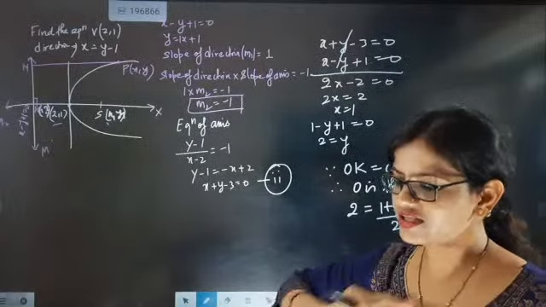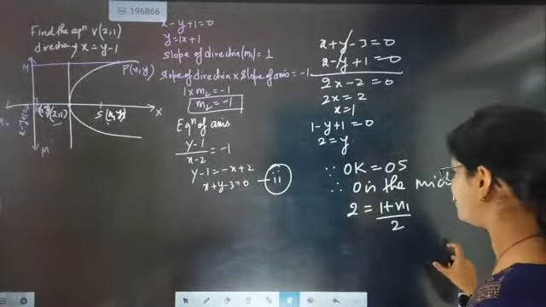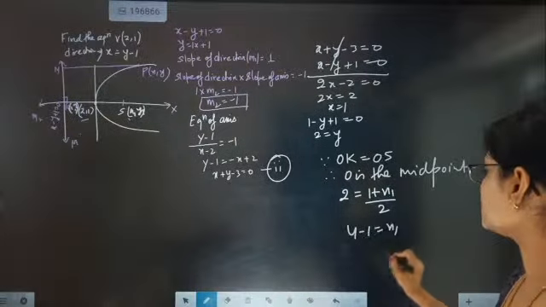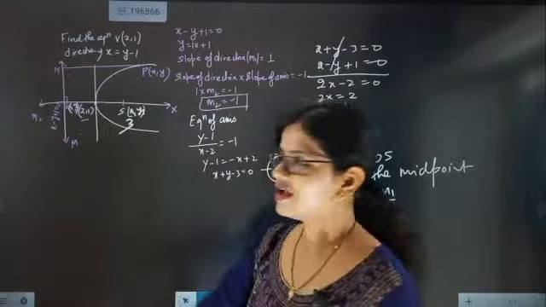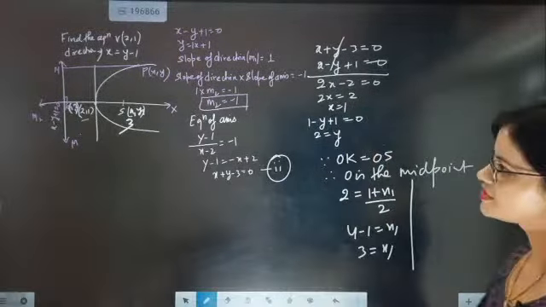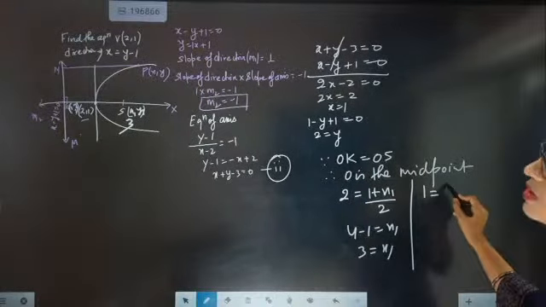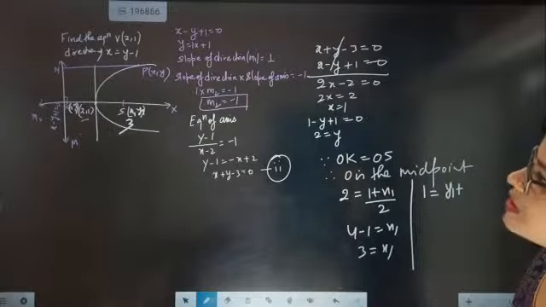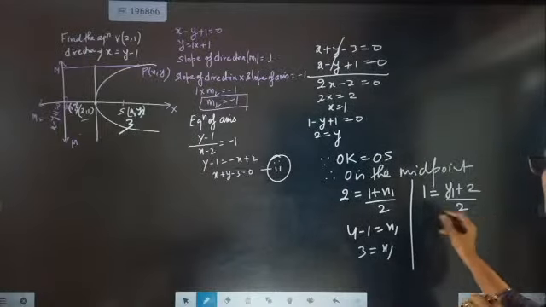It is an emergency right now. I want that focus point. Without that focus point I cannot breathe right now. So this is going to be 4 - 1 = x1. So x1 is coming as 3. Now I can breathe. Now next, second point is 1. So 1 will be equal to (y1 + 2)/2.